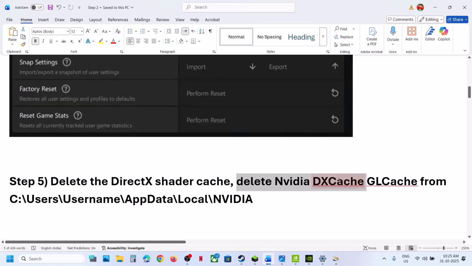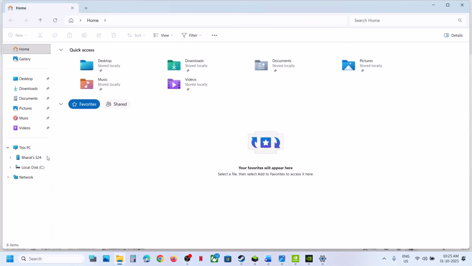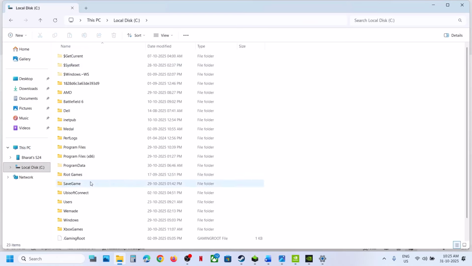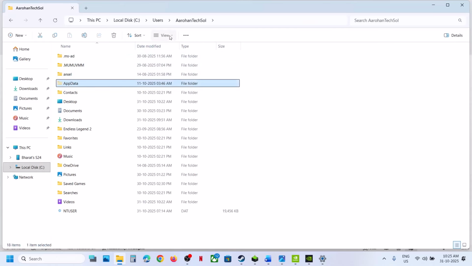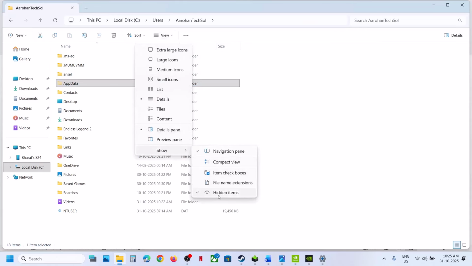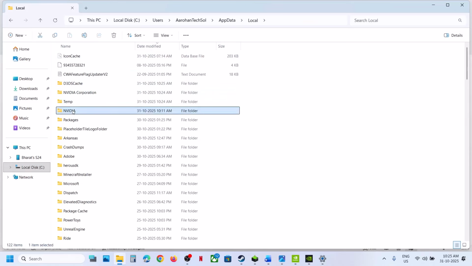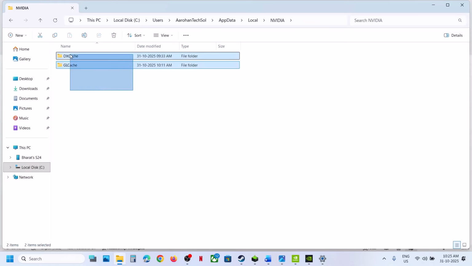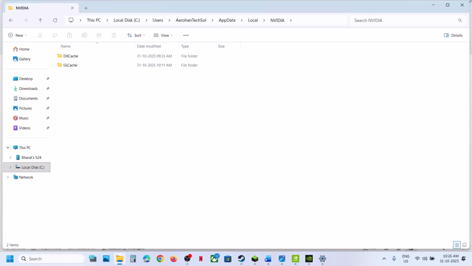Delete NVIDIA DX cache and GL cache from this location. Now for this, you can open File Explorer. First of all, close all the NVIDIA application on your computer and then go to this PC, open C drive, username, app data. If you don't see app data at the top, click on View, select Show. Put a check on hidden items, open app data folder, local folder, open NVIDIA folder, and over here you can see DX cache and GL cache. Make a right click and delete it. If you're unable to delete, close all the NVIDIA application and then try to delete it and then relaunch the